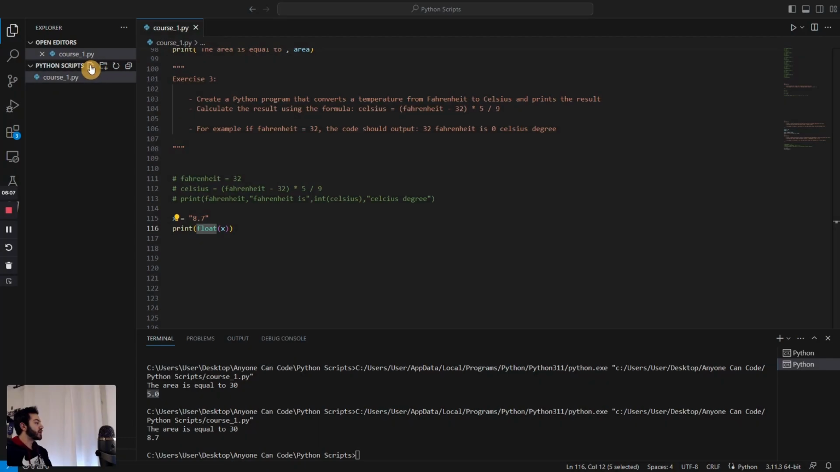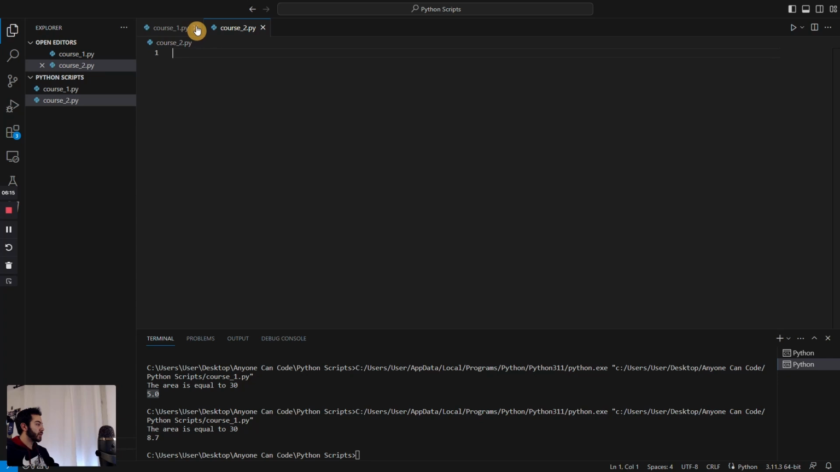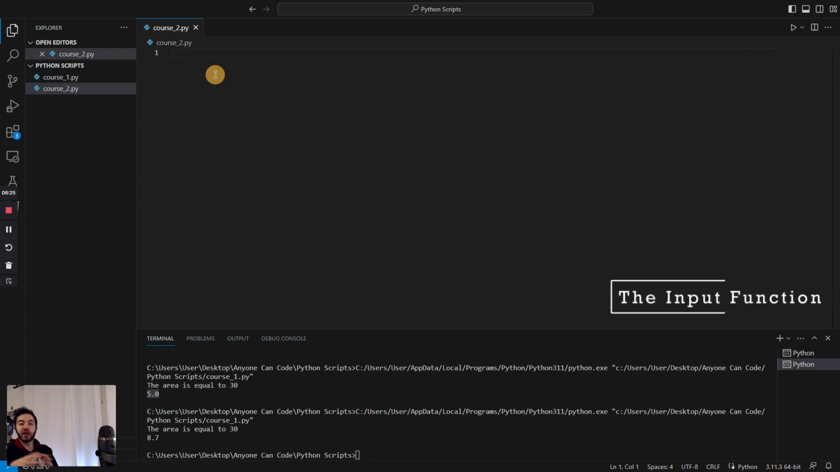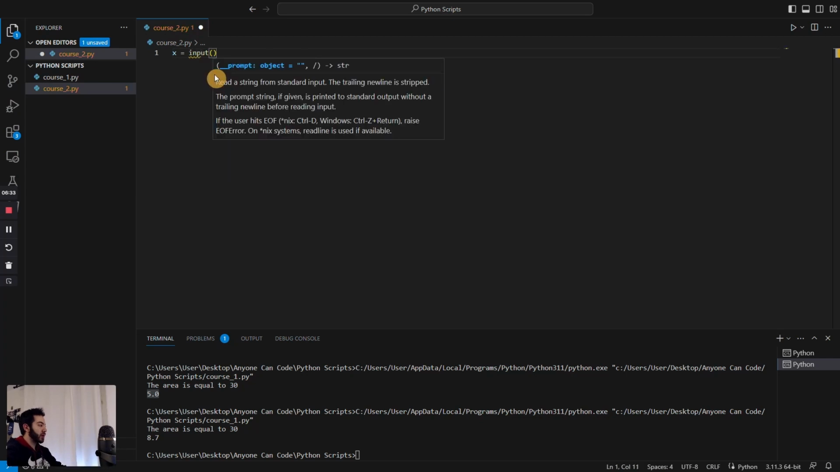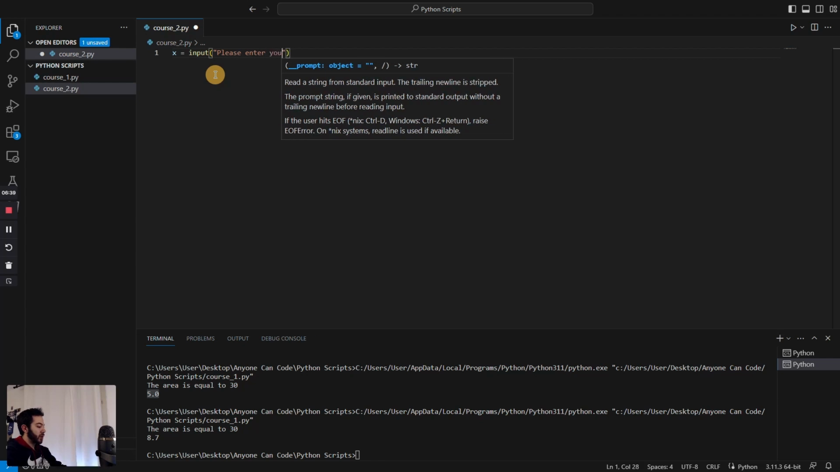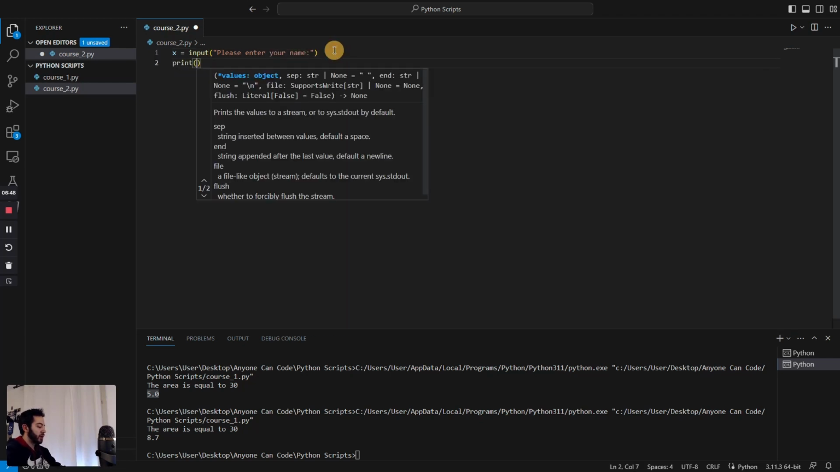Let us create a new Python file called course2.py, in which we're gonna code today's exercises. I want to start by giving you a first definition, which is the input function in Python. The input function is very simple. If we say that x equals input parenthesis and please enter your name, we can then print the value of x